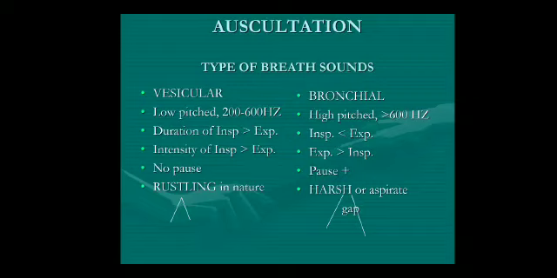So that's about the breath sounds, vesicular breath sounds and the bronchial breath sounds. There are different types of bronchial breath sounds, that is tubular, cavernous, and amphoric. Tubular breath sound is a high pitched sound resulting from the passage of vibrations produced in the small bronchi directly to the chest wall through a solid lung tissue. This is usually seen when the lung parenchyma becomes a solid mass like consolidation.